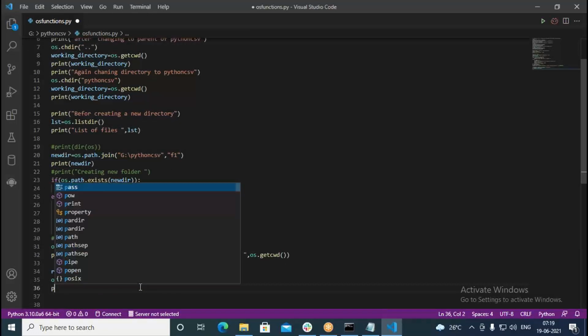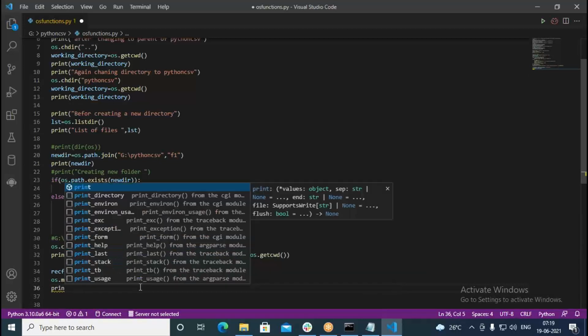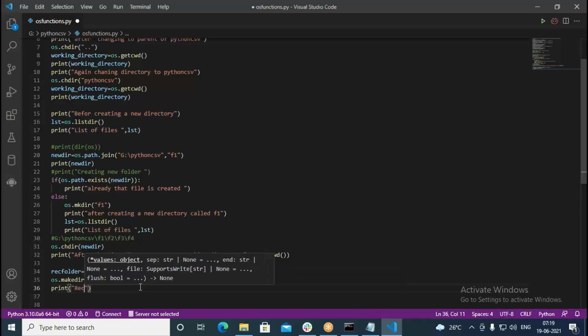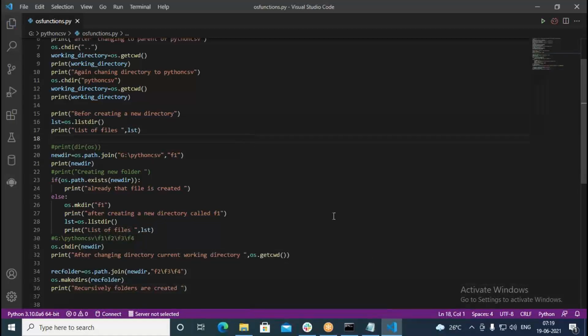Then after that I print here, recursively folders are created. Like this, I give a message. So it should create in the F1 folder F2, in the F2 F3, in the F3 F4. Recursively it should create. So for that we use the makedirs command.